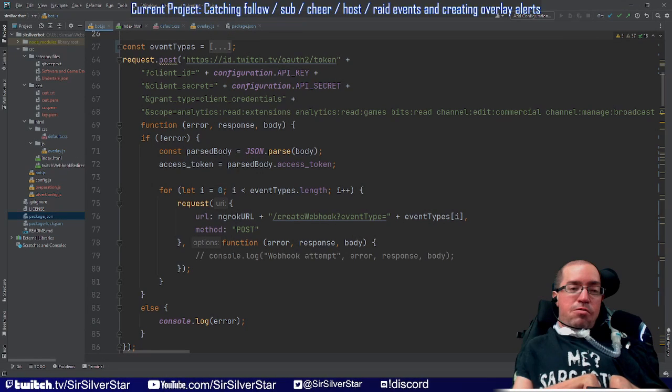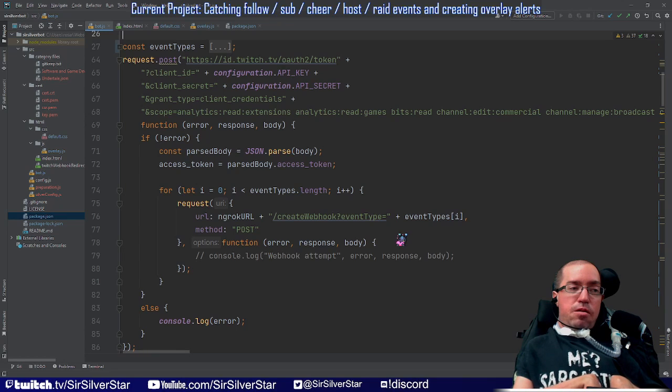Now that we have finished setting up our EventSub stuff on the back end and have gotten an event working on the front end, it's time to actually create our alerts. So our follow alerts, our sub alerts, our cheer alerts, raid alerts, and so on and so forth. However, before we do that, we need to do a little bit of cleanup on the bot, specifically with the